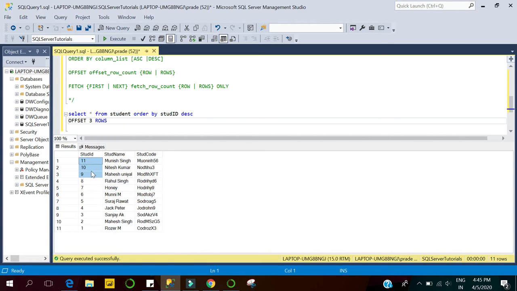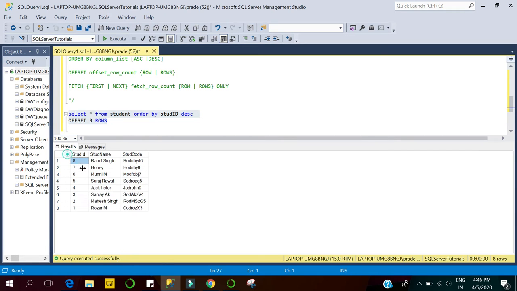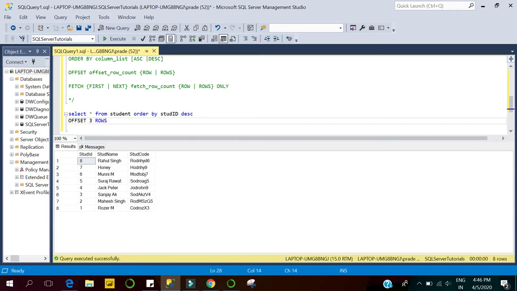The first three, 11 to 9, will be skipped in descending order, and then it will return 8, 7 down to 1. So this is the use of offset, skipping a number of rows from the result set. Let's execute the query, and here you can see the remaining result set is returned after skipping the first three rows in descending order.